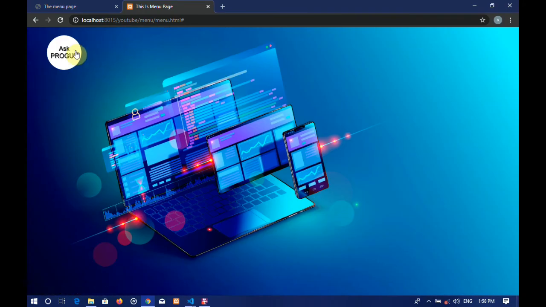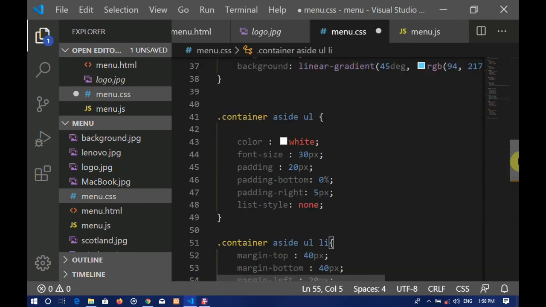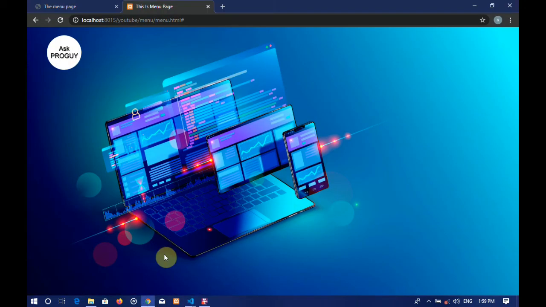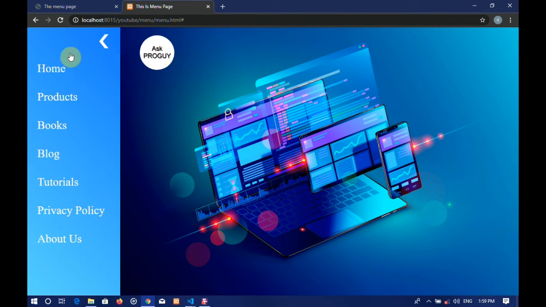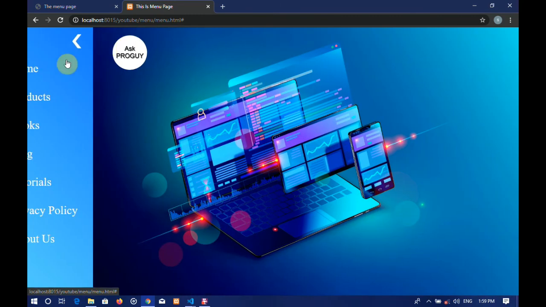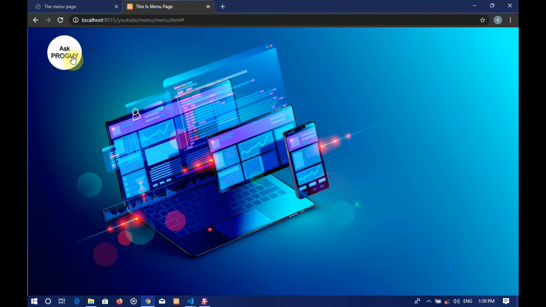So yeah, transition is not working. Sure, there is no menu when we refresh it, but the transition is not working because we did not specify it on the container. We just specified it in a different, or actually the wrong element. Now it should work. I don't know how it actually looks to you guys, because the recording might lag a little, but for me it is very smooth. The transition is pretty smooth and it looks a lot nicer.